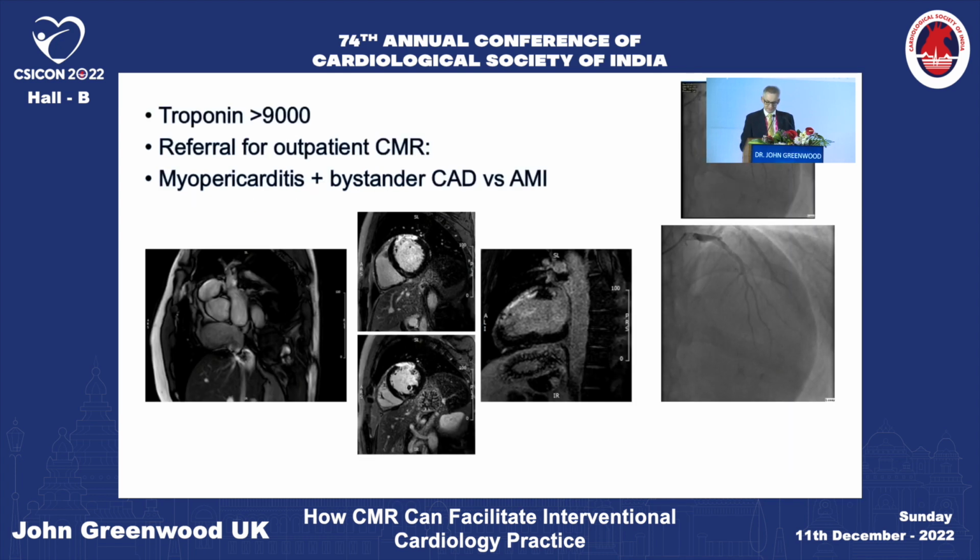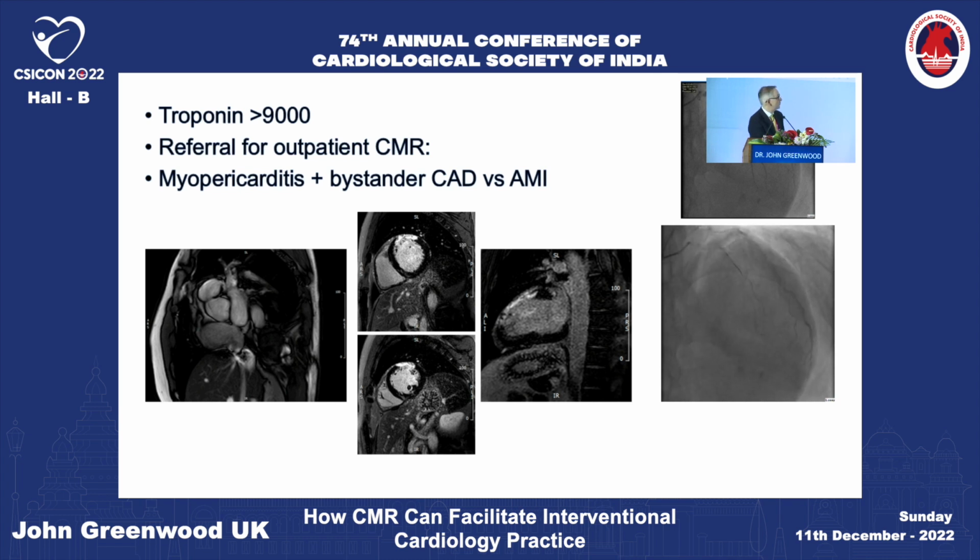They actually went on and had a CMR then as an outpatient. Troponin was very elevated. But what you can see on the CMR is really quite interesting. All of the scar is up here on the anterior wall, in the anterolateral segments. So nothing in the inferior wall at all, related to where that acute event was thought to be and where the stent was placed. And actually, when you look at the angiogram retrospectively and go back and look at it,